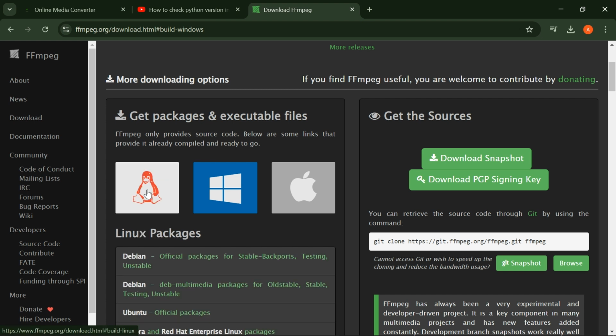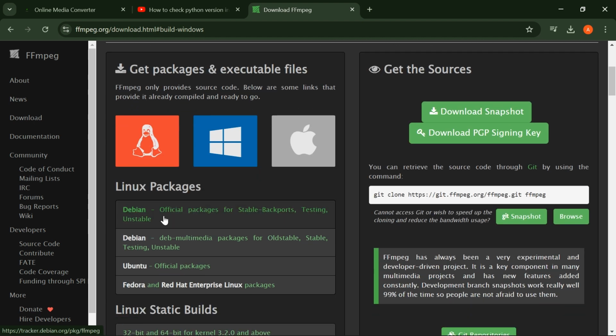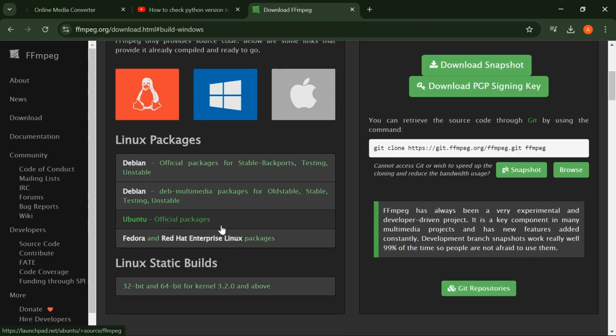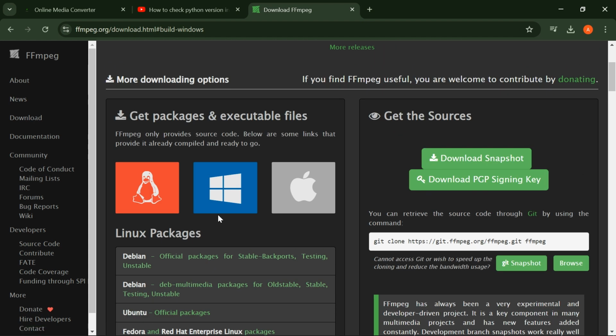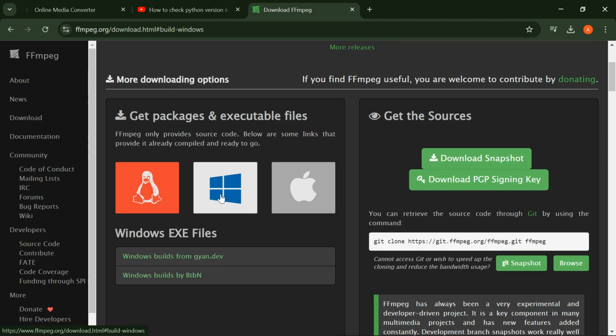If you're using Mac, I think the process might be different, or if you're using Linux, it might be different. It might even be more straightforward. So just research the best way to get these particular packages on your system. But for Windows, I'm going to show you how to get it done. I have this package on my system already, so I'm going to show you how to add it to your system. So when you select this Windows build from gyan.dev,